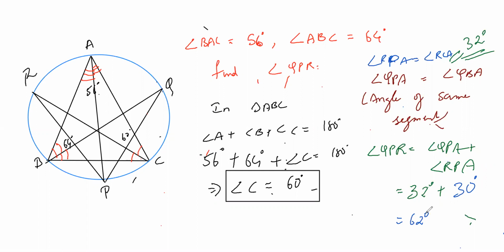So the important thing for us is how to approach a question. They have given here find angle QPR. They told us angle QPR we have to find. Done. Split this into QPA and RPA. Now we know a property called what? Angles of the same segment. Correct? So angle RPA is there. What about angle RCA? Angles of the same segment. Correct? But I don't know angle C here.